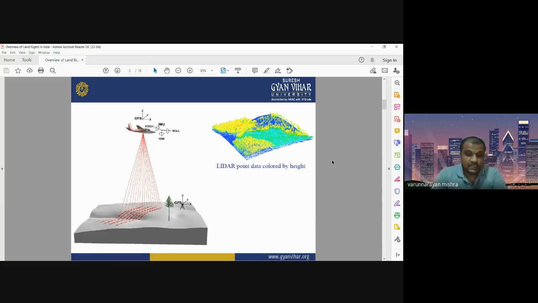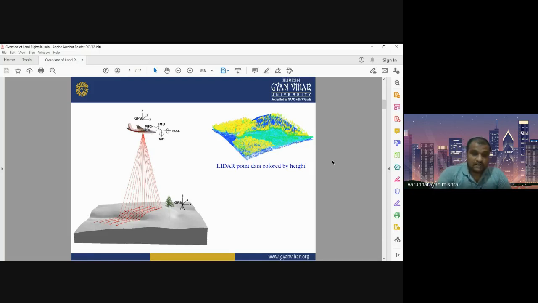Here you can see that on the ground, you may also have a GPS system. One GPS system is on the platform, that is, on the aircraft, and another GPS system is on the ground that can communicate the information from the ground to the platform. If you want to communicate some location to the aircraft, you can send the ground location by the GPS system installed on the ground directly to the GPS system on the platform.